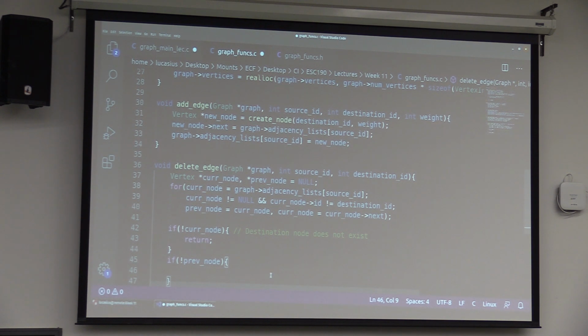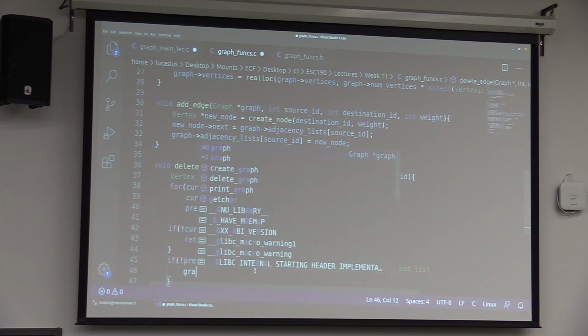So that means that the previous node is still equal to null. So that's the case, which is a bit different from if what we tried to find was within the linked list. It's a bit different if it's actually the head, because now we need to change what the head is going to be. So if not prev node, and this corresponds to destination node is the head of the linked list, then what we got to do